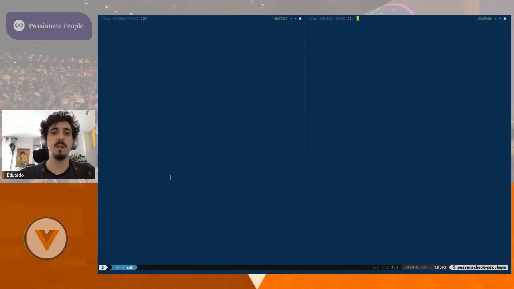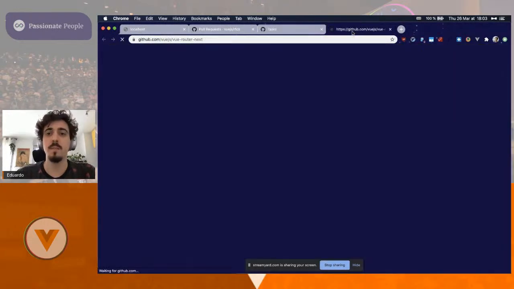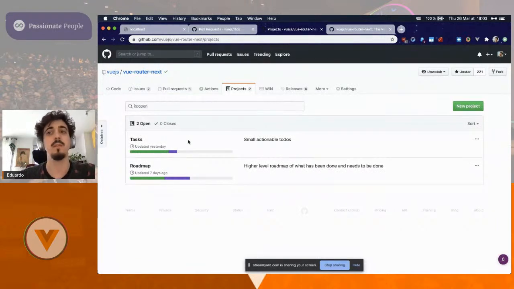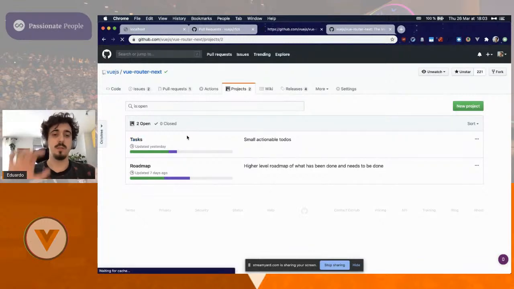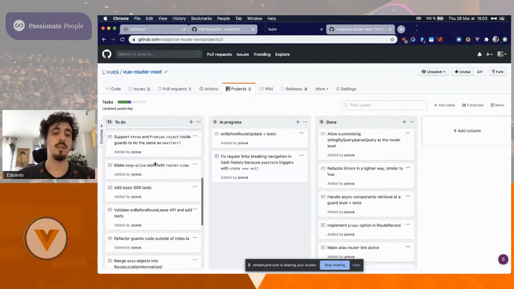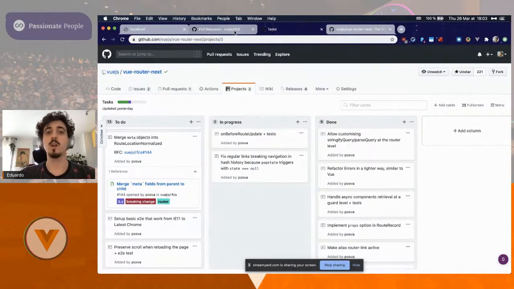So the repository is available under Vue Router Next, under the organization. Something that people do not realize is that there are some projects here where I try to keep a kind of roadmap. If you want to contribute, I try to put small actionable to-dos here. Sometimes there are a lot of tests that can be added, and I think that is one of the easiest ways to contribute and to get more familiar with the code as well. And there are other things that are more complicated. There are a couple of requests for comments